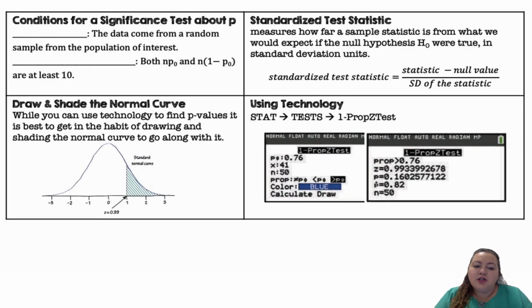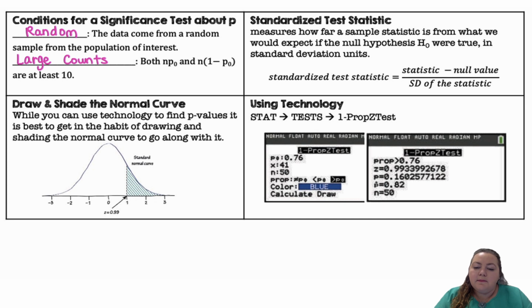All right, so conditions for a significance test about p. We need to have random, so the data comes from a random sample from the population of interest, and large counts. So both n times p naught and n times 1 minus p naught are at least 10. The p naught means it's coming from the p that was the claim we use in our